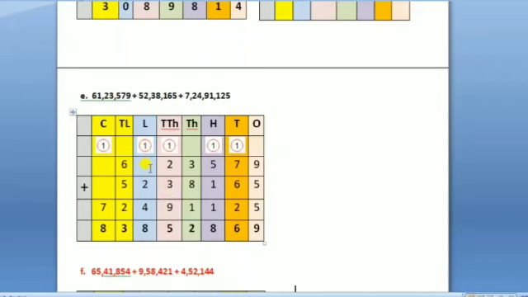Try to add 1 plus 2, it becomes 3. 3 plus 4, it becomes 7. In 7, when 1 is added, the sum becomes 8. Try to write 8 in the appropriate place. Let us move to the next column, that is 10 lakh. Digits are 6 plus 5, it becomes 11. 11 when added with 2 becomes 13.